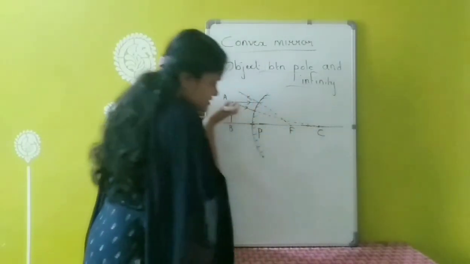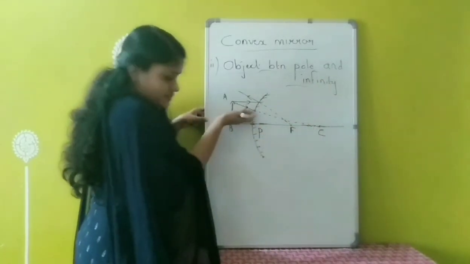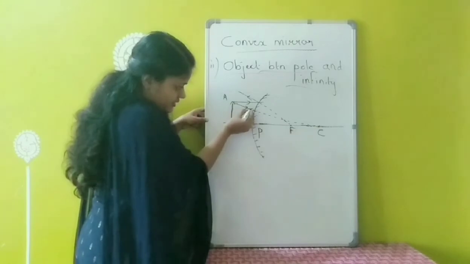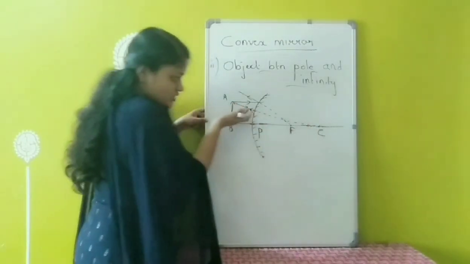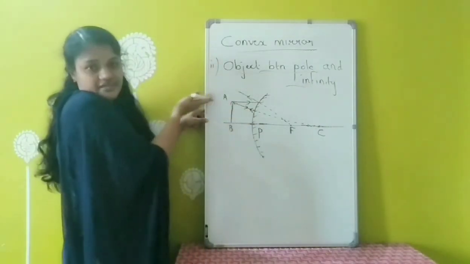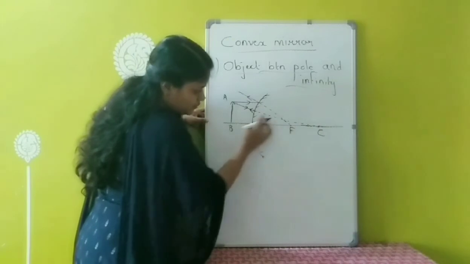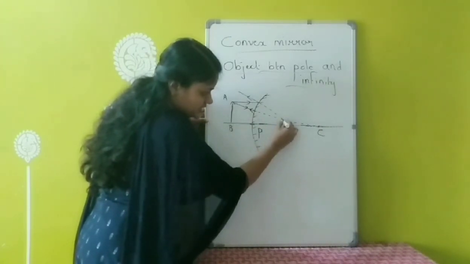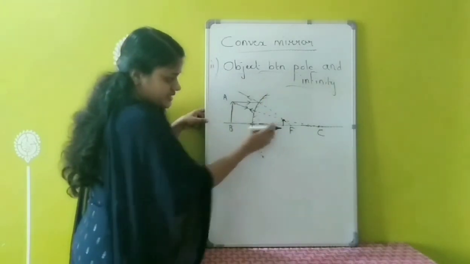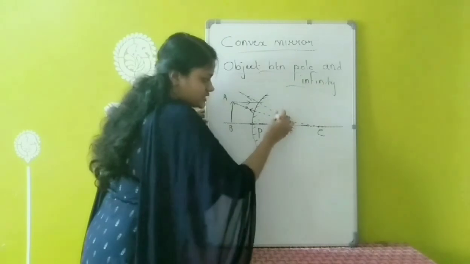So this light ray is directing towards which point? Towards the center of curvature. Okay. So what will happen? This light ray will reflect back. This light ray is directing towards the center of curvature, so after reflection it will retrace back. So we can see both these dotted lines are meeting at a point here. Okay. At this point. So we are getting the image at this point, that is between pole and focus behind the mirror. And what about the size of the image?